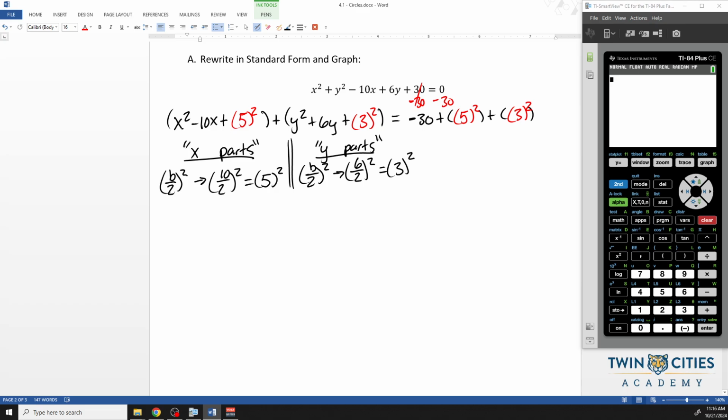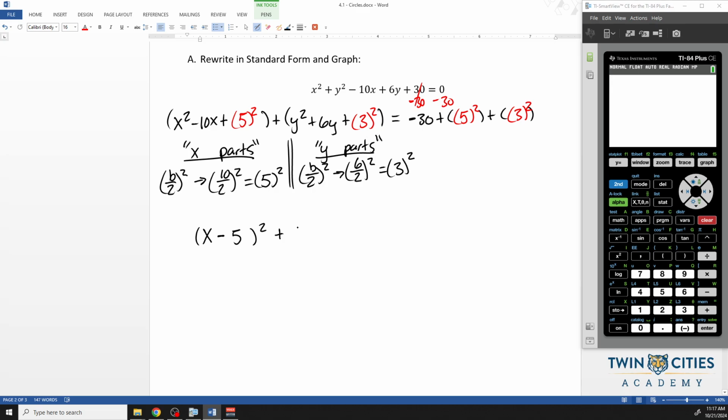Let's actually now take the perfect square trinomial that I've created for the x parts and factor that. And I'm going to do the same thing for the y parts as well. So how that's going to factor is a set of parentheses squared, where I take the square root of the first term. Since this is x squared, the square root would just be x. The square root of the last term, since this is 5 squared, will be 5. And I copy the sign in the middle. So x squared minus 10x plus 5 squared will factor to x minus 5 squared. Plus,